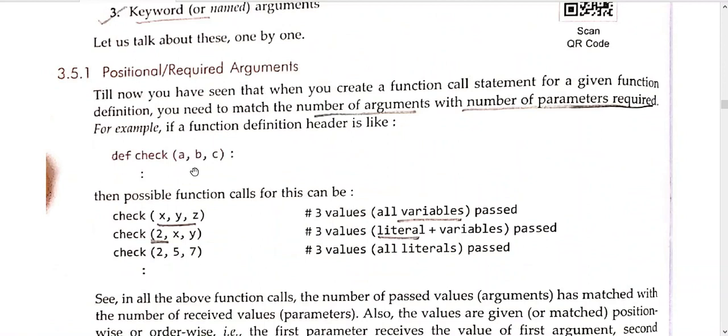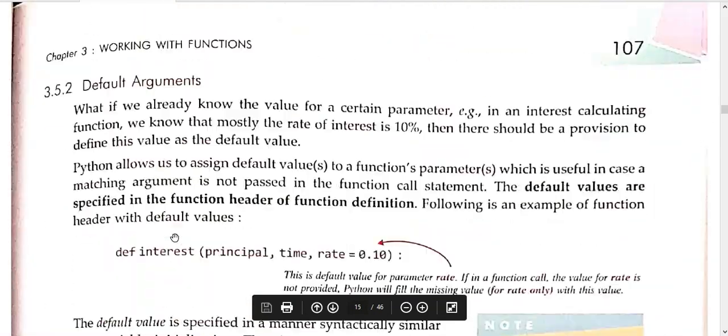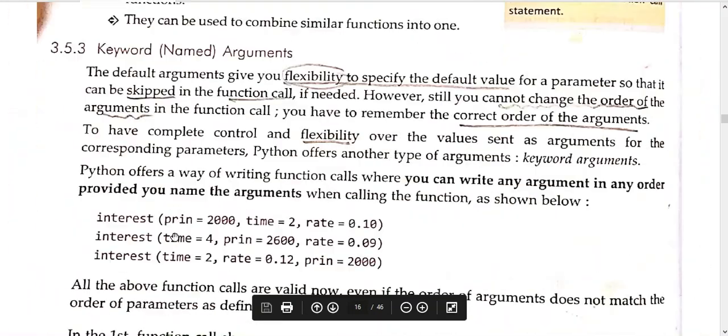I told you this thing. Whatever value you assign first will go to A, and whatever value you assign second will go to B. What if you want to change the order? So this is the way to change the order.